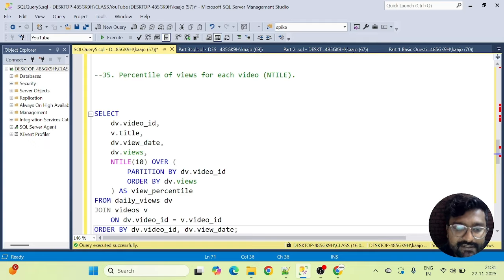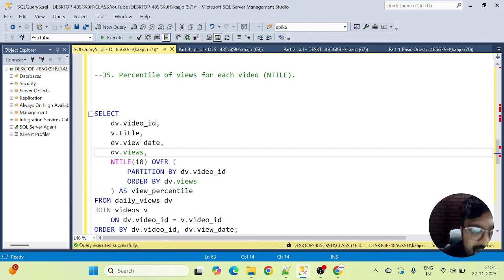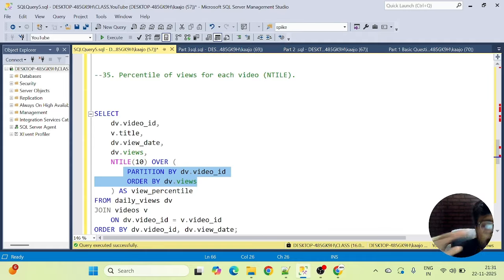Okay. So guys, I'll very briefly touch on the NTILE function. What NTILE really does is it splits whatever rows we provide in the partition into buckets. It will assign a bucket number. So when I say bucket, I'm talking about this parameter here. For now I've passed NTILE as 10. That means whatever rows this partition gets, it will try to divide those rows into 10 different buckets, and assign a number to each record in the bucket.